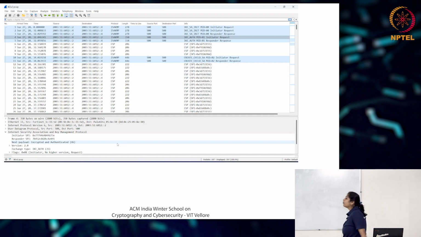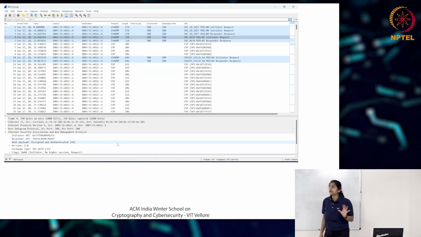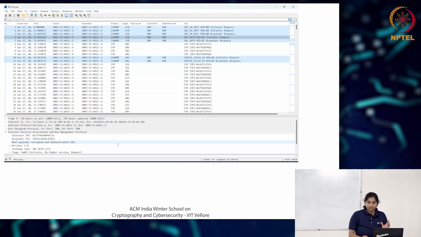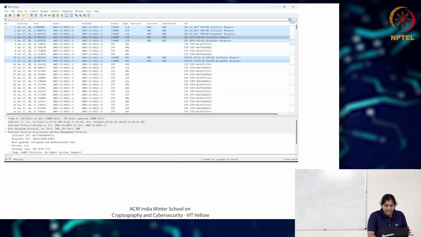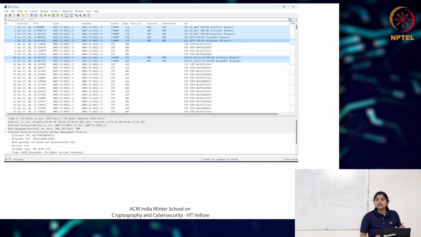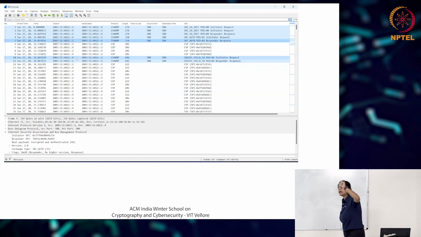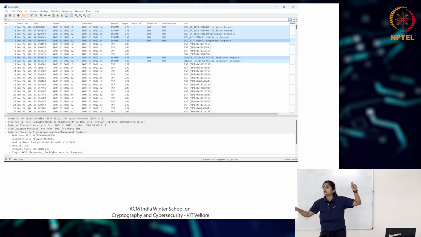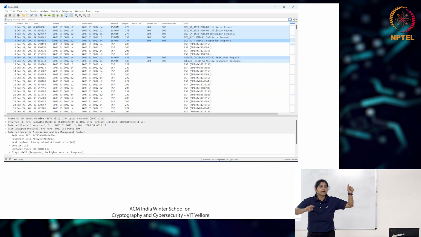And there's no main or quick mode in IKEv2. Do you see on the screen the create child SA packets and ESP packets? Whenever we see this IKE auth packet, this is where the identification is also done, where all the quick mode negotiations are also done, in the same packet.